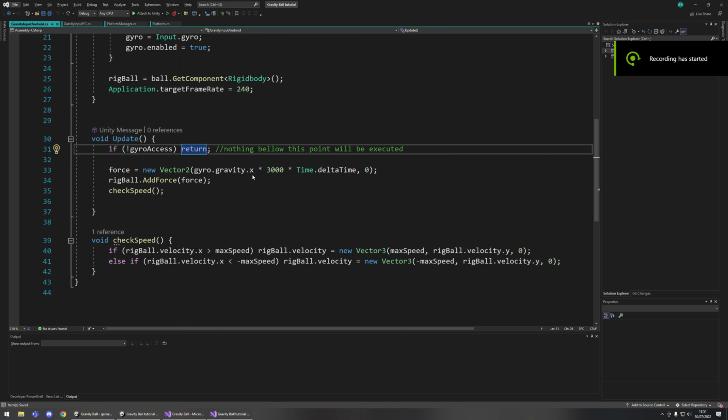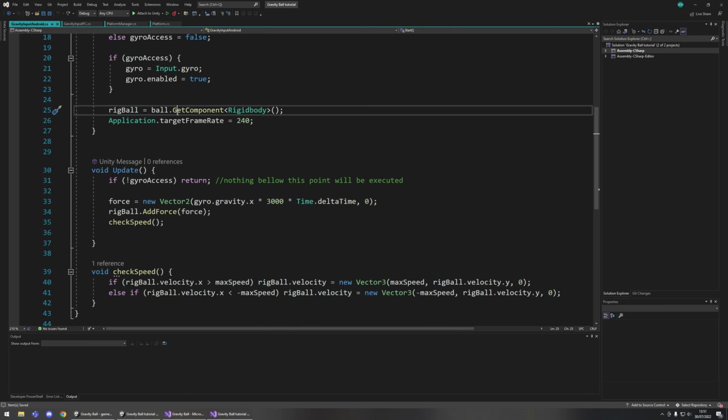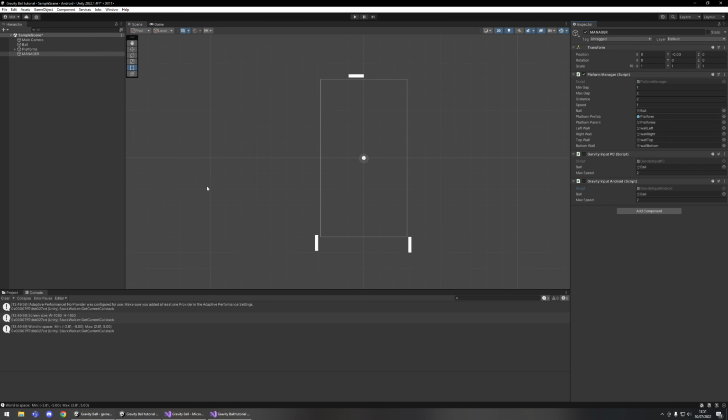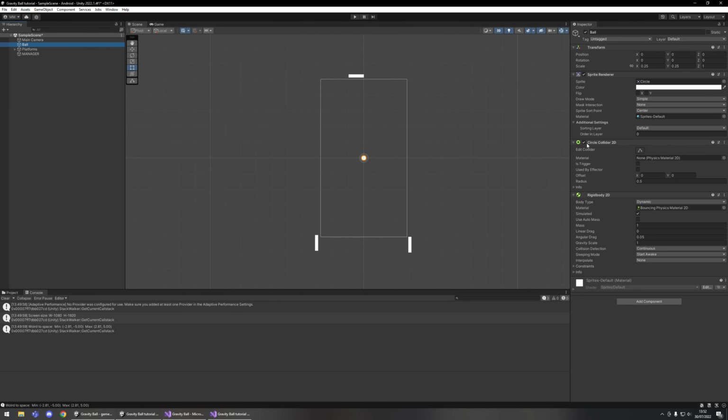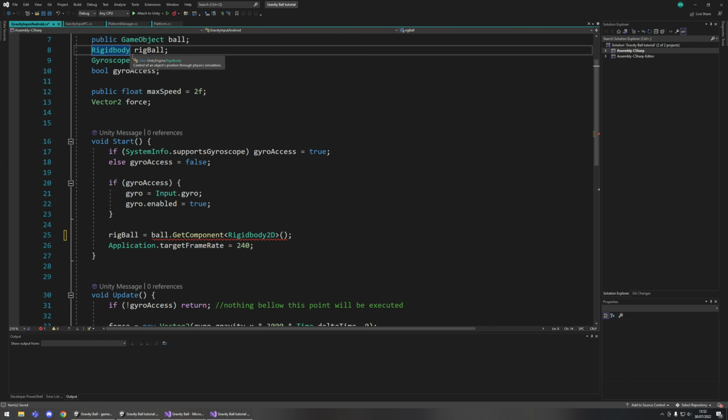Okay, found the problem. So it was nothing to do with Samsung Flow blocking our gyroscope. The problem is that we're trying to get a Rigidbody from our ball game object. If you follow this, we're saying ball.GetComponent Rigidbody. If you look at our ball game object, we don't have a Rigidbody. What we have is Rigidbody2D. And just by missing 2D in here and Rigidbody2D here,